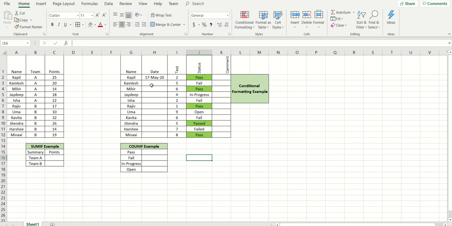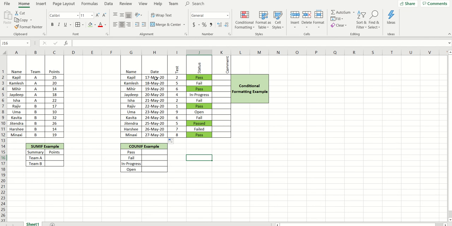Now one of the other most useful functions, I can say, is wherever you have dates. Let's say you always have a problem when it is a Saturday and Sunday, and you will be entering some efforts over there, so there is a problem. To avoid that, I will show you a simple technique. To increment the date, I will give one more, and it will automatically increment the date. Now I have the list of dates, and I want to know where the Saturday and Sunday are. I want to specifically highlight those Saturdays and Sundays.